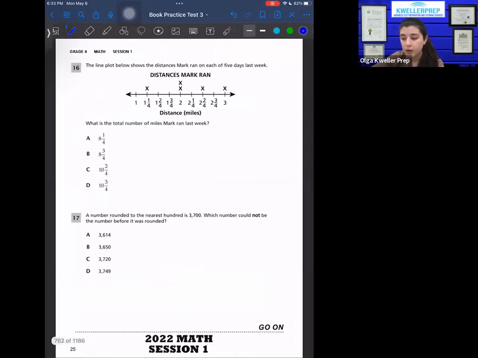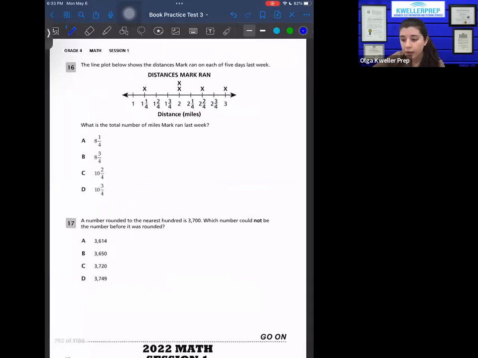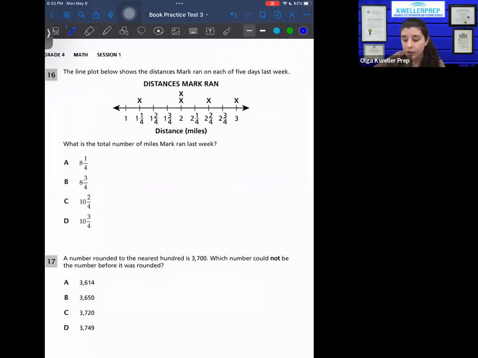Okay. Pushing along, we now have a line plot, and the line plot shows us the distances Mark ran on each of the 5 days last week, right? So 5 days, that's why we have 1, 2, 3, 4, 5 marks, because he ran for 5 days. Total number of miles. So this tells us that we have to add. So what am I adding? I'm adding 1 1/4